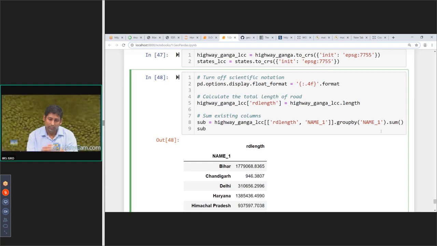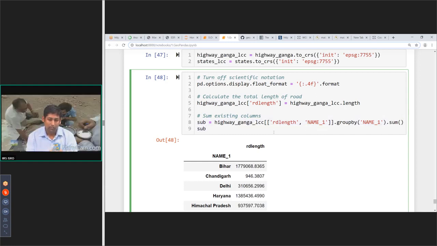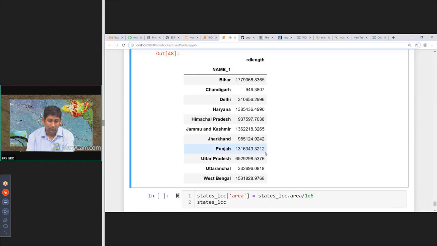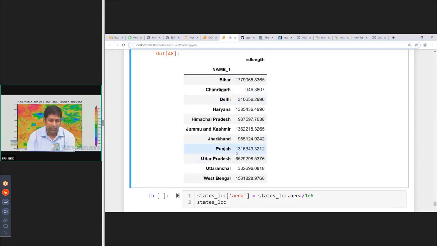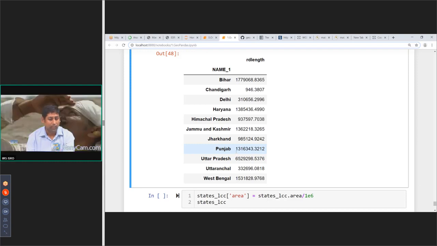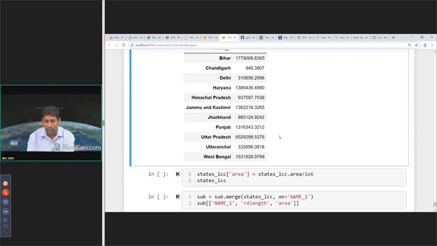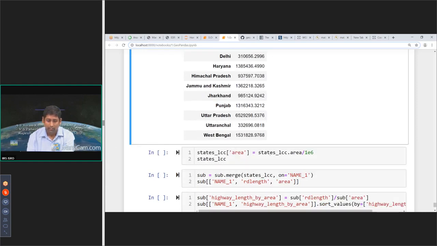So this is a data frame. This is more of a pandas thing that we did, and we are working only on the attribute table now. Next, this is the first objective, find the cumulative length of the road in each state. So from the data given, this is the cumulative length of the road. But how does it really match with the area of the state? So we find the area,